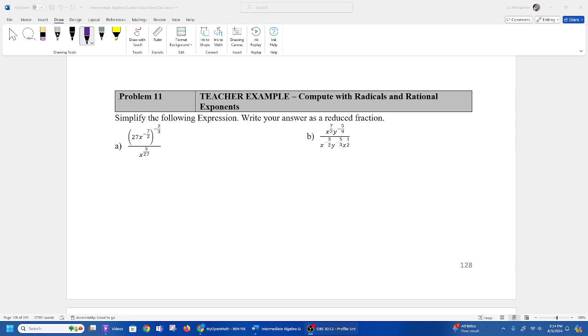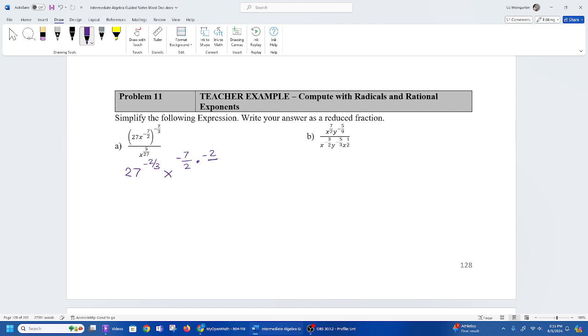When we have something in parentheses, the power applies to both things on the inside of the parentheses. So we're going to have 27 to the negative 2/3 power times x to the negative 7 halves power times